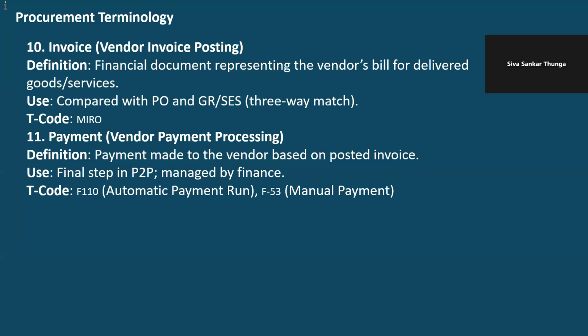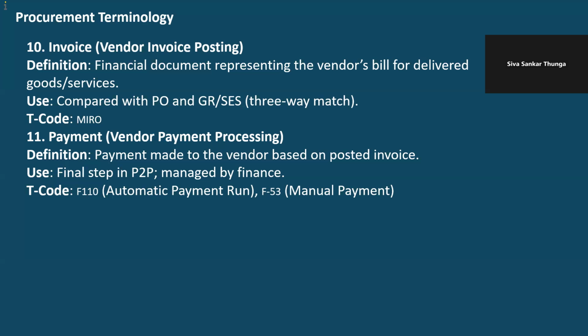That is mentioned in the invoice. So the invoice they will record in the MIRO transaction, MIRO. Then once the invoice is recorded, the payables team will process the bulk payment, for n number of vendors at a time. Then the amount will be received by the vendor